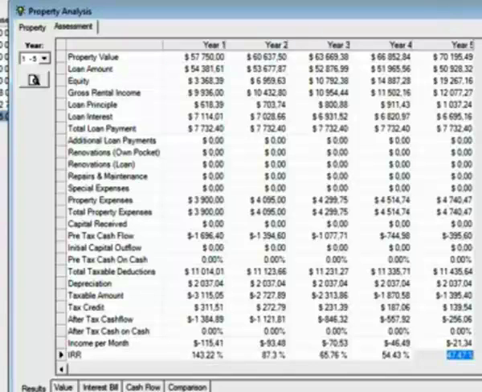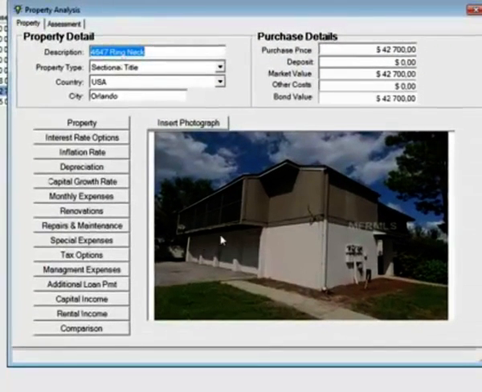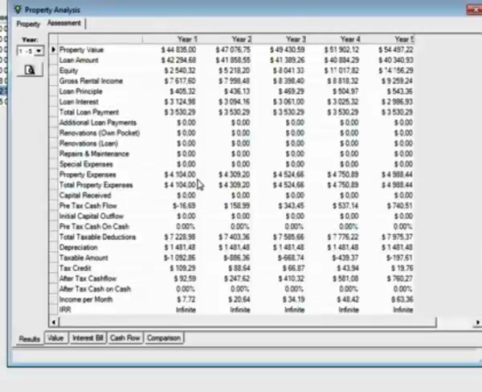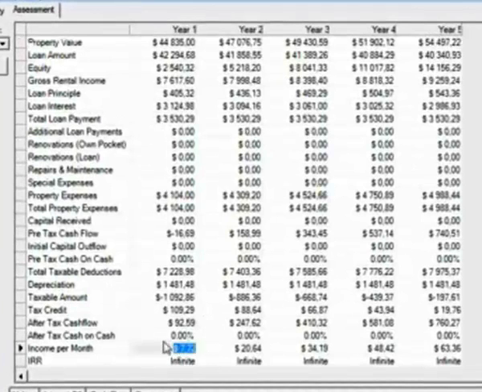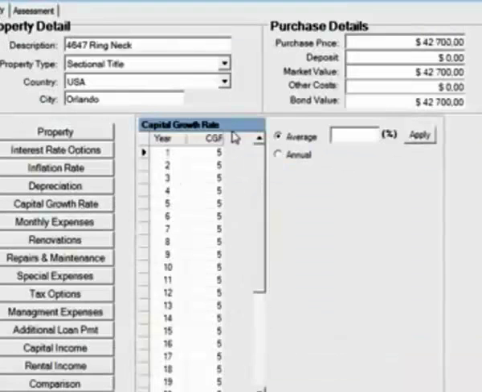The analysis for our property there in the States right now, it's 4647 Ringneck Road, and that's a little photo of it. If you have a look at our assessment here, you can see we're getting around $7 a month positive cash flow. We did take an extension on our existing mortgage here in South Africa to fund the purchase of this property, and we're getting an infinite internal rate of return. So we're getting positive cash flow out of nothing, and that's taking into account only a basic 5% capital growth rate. If we change that to 10%,